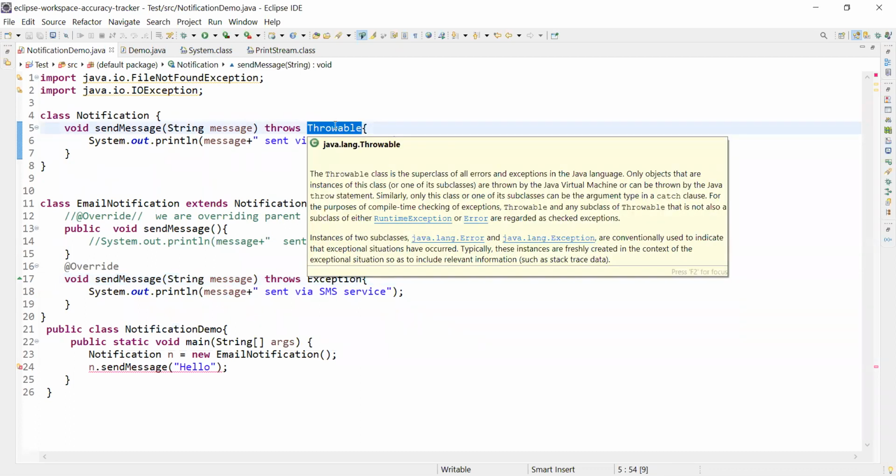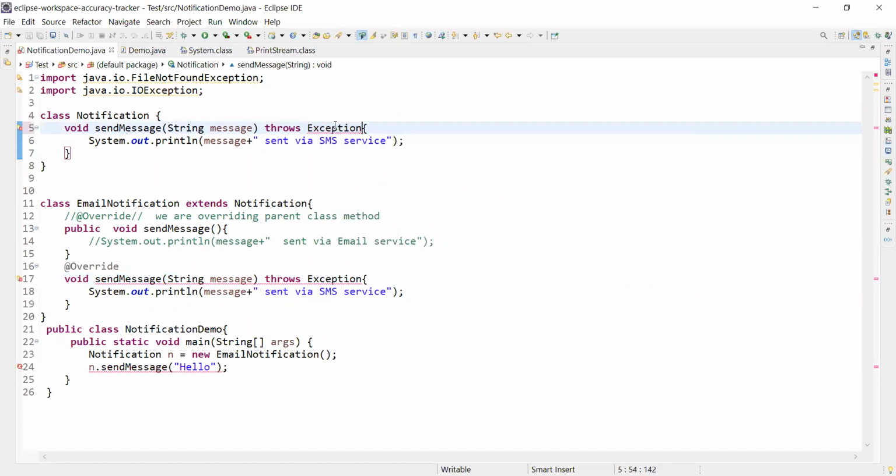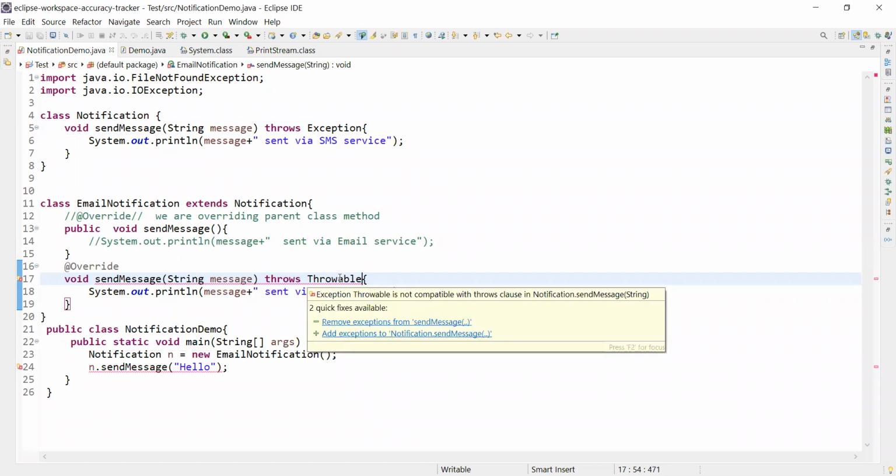We can throw it here. What if I throw a child class here, and here I say Throwable? So we'll get again the same error message. Exception Throwable is not compatible with throws clause in Notification sendMessage String. So these are a few points we need to take care of. If you want to throw an exception greater than the exception declared in the parent class, then we will not be able to do that. We'll get a compilation error.